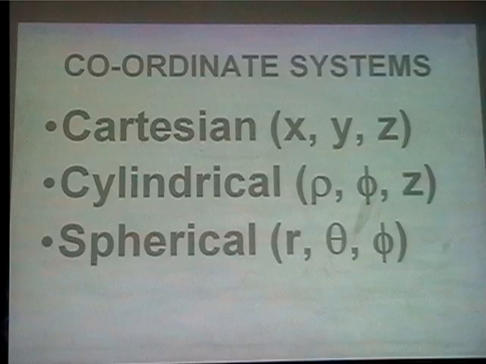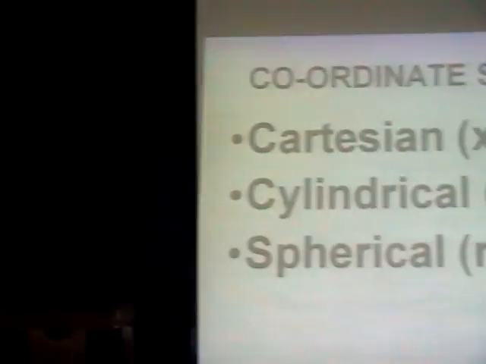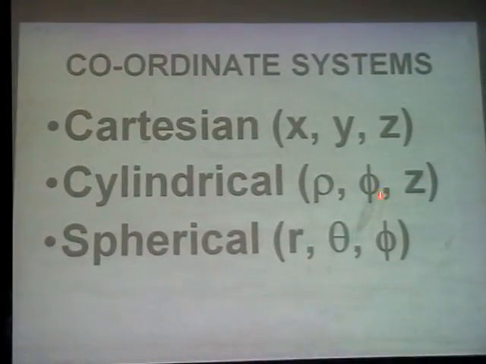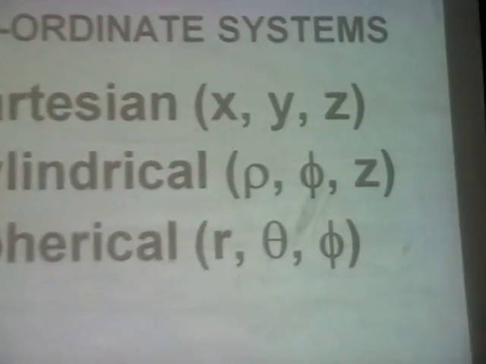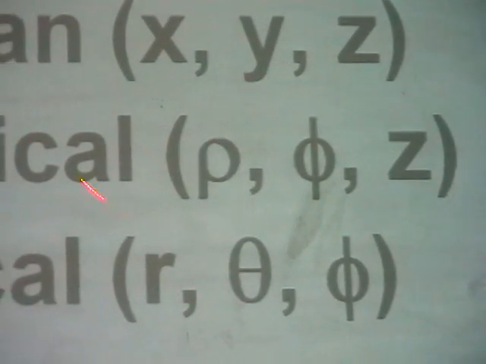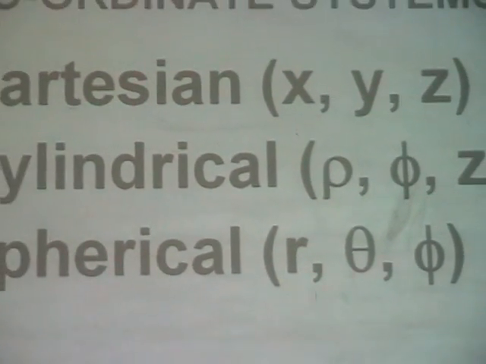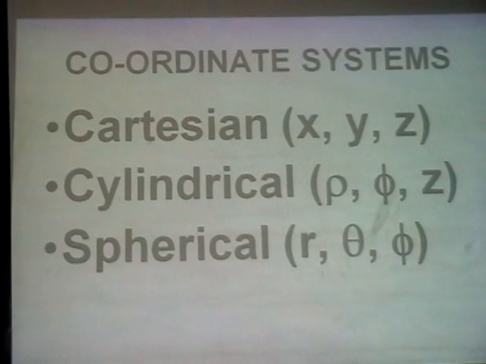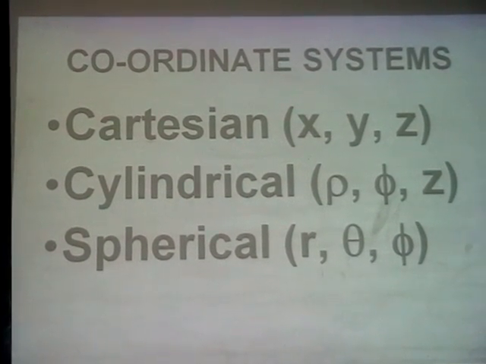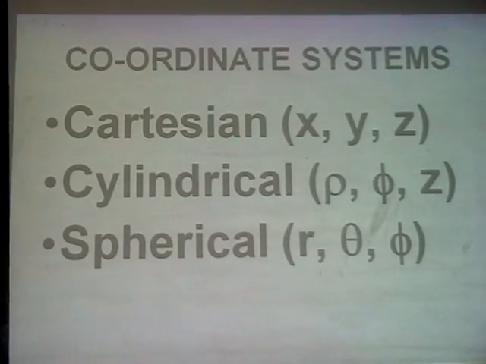So when a problem is given, how to differentiate between the 3 coordinates, he may not mention. If all 3 are distances, all are in meters, it is Cartesian coordinate system. 2 in meters, rho and z in meters, phi in degrees, then it is cylindrical coordinate system. 1 coordinate in meters, other 2 in degrees, then it is spherical. So the combination of the units are different for each coordinate system.